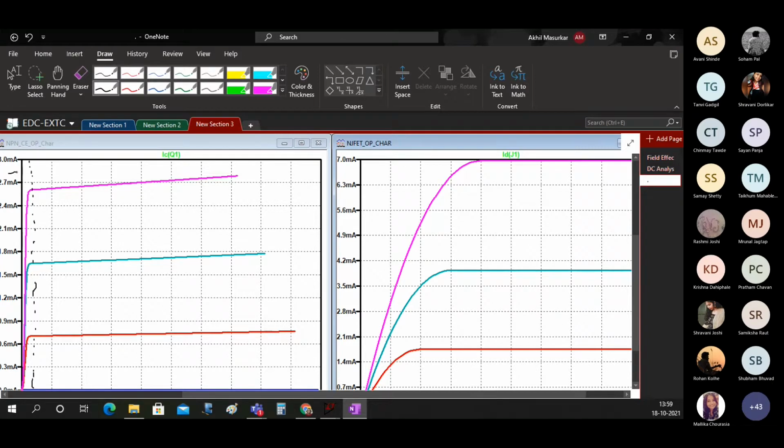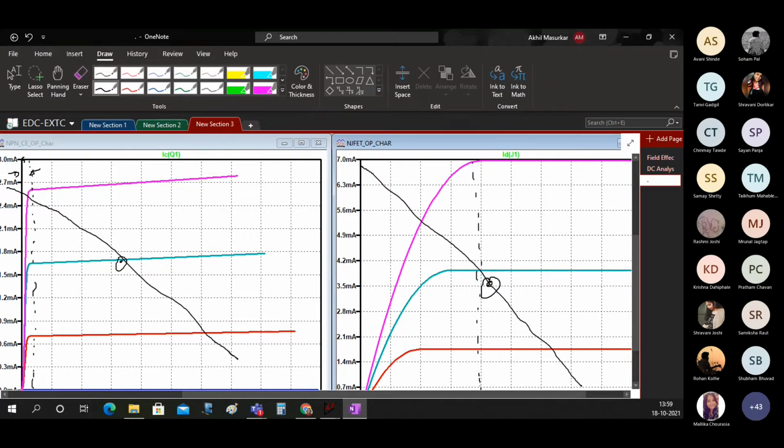So this we were calling saturation actually for a BJT, and most of the times we will have a DC load line which is somewhat like this. If we draw a DC load line here and the Q point is somewhere here, the possibility that this Q point will come into linear is very high.